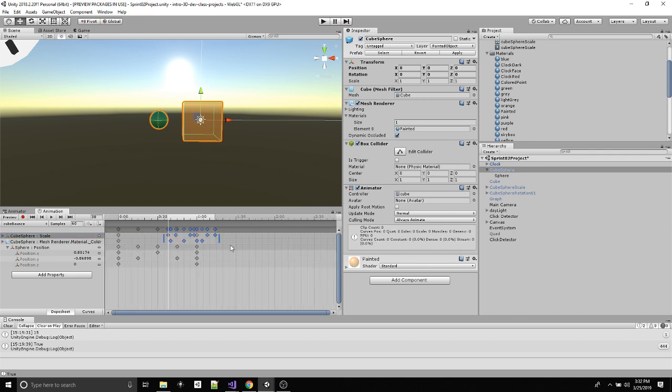So I can just drag it back over. So these keyframes are just stored data positions, data entries, these numbers. So you can copy and paste them just like you would anything else. So now I'm going to combine